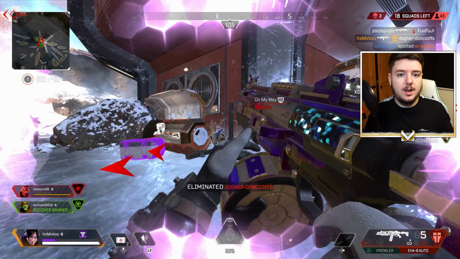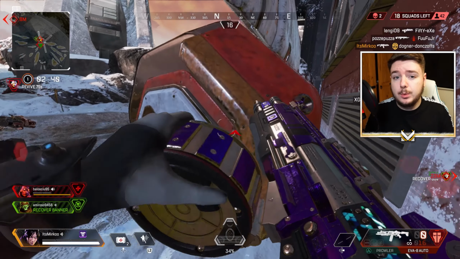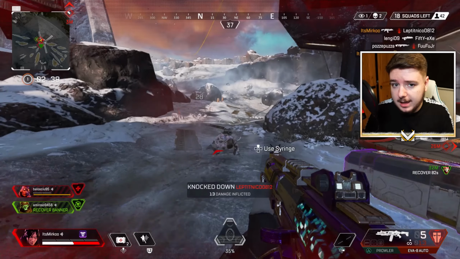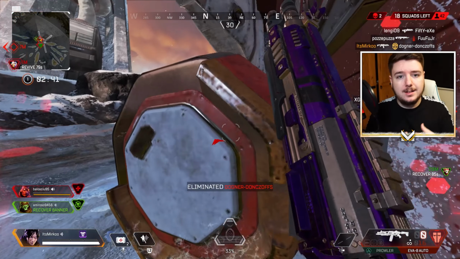So the closest point of cover and the best point of cover is behind that supply bin. I run to that supply bin as soon as possible, I reload my weapon, and the next time the enemy sees me is when I'm ready to start engaging with them, and it's a situation that they don't usually like. They like shooting at you when you're not ready to engage, so you never want to give them that attention,